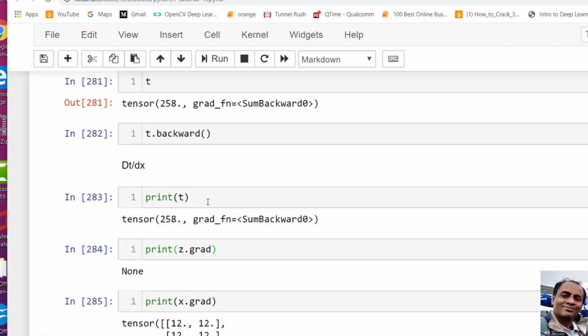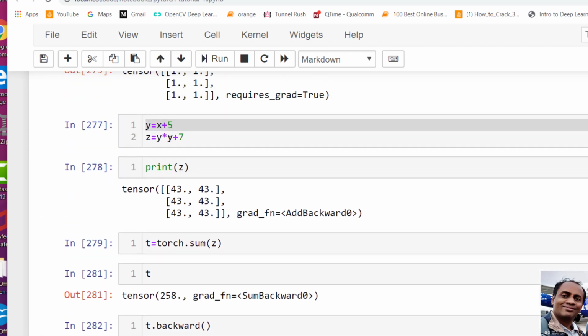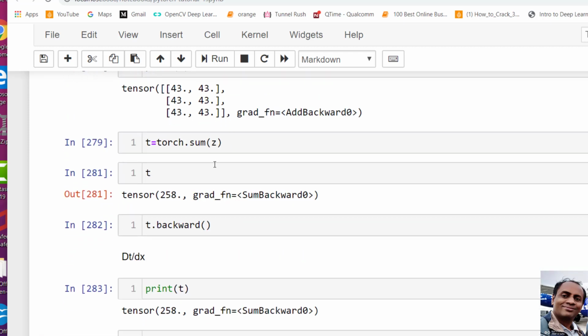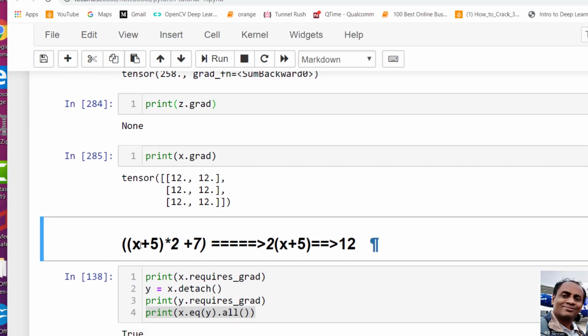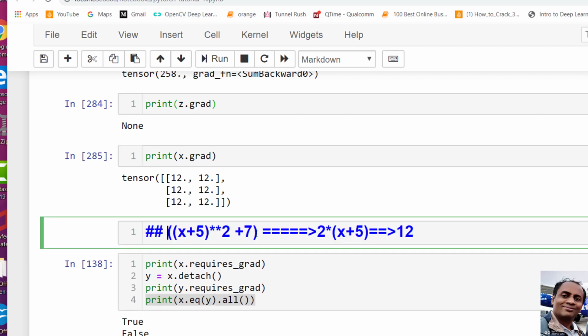Let's see what we did. Y equals X plus 5, Z equals Y square plus 7. So Z is X plus 5 whole square plus 7. Let me differentiate this with respect to X. So what should I get?